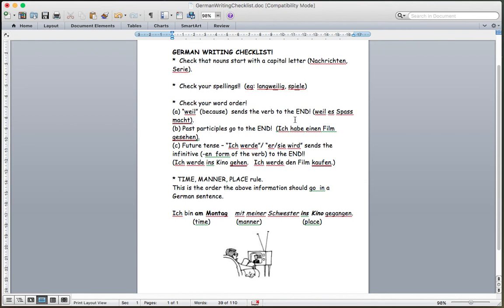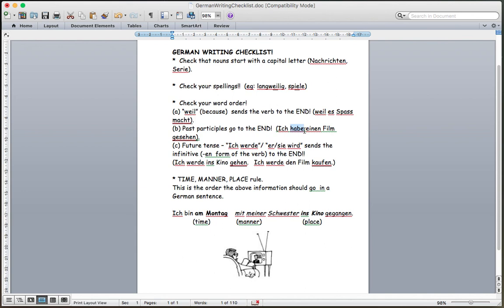Again, with subject, verb, time, and place, you'd have the subject at the start, and the verb is always in second position. So even if it's the past tense or the future tense or the conditional tense or the Plusquamperfekt, for example, the first verb is always in second position, and this first verb is always modified depending if it comes after weil or dass, like in the sentence weil ich einen neuen Film gesehen habe, for example.